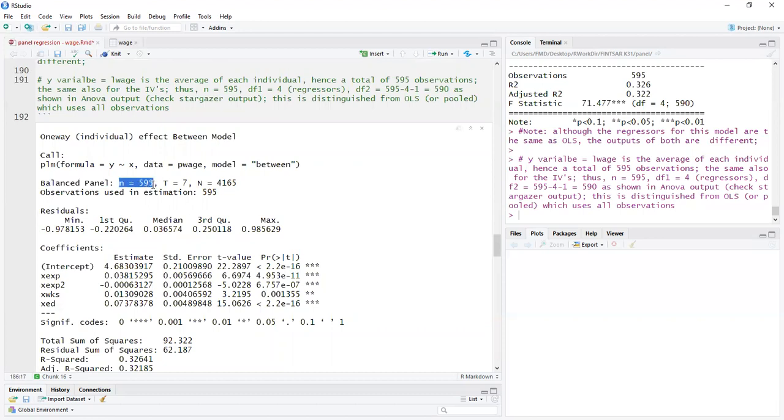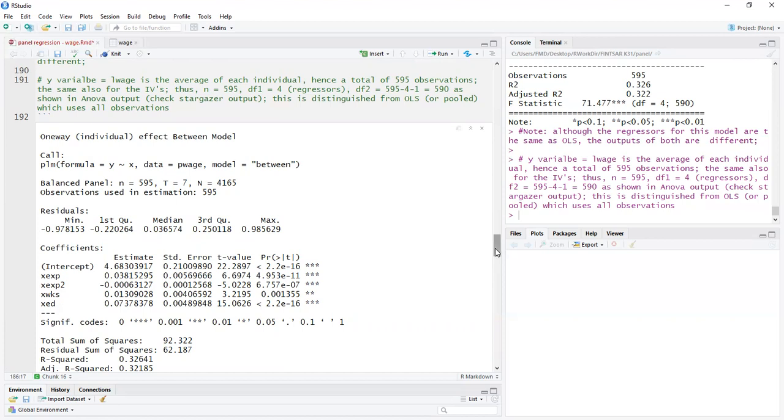Kanina yung N natin guys, 4195. Ngayon, naging 595 na lang. Bakit guys? Kasi nga, kinuha yung averages na ng log wage, for example, for ID1, ID2, etc. That's why na-collapse siya. You represented ID1 with just one value for log wage, with just one value for experience,